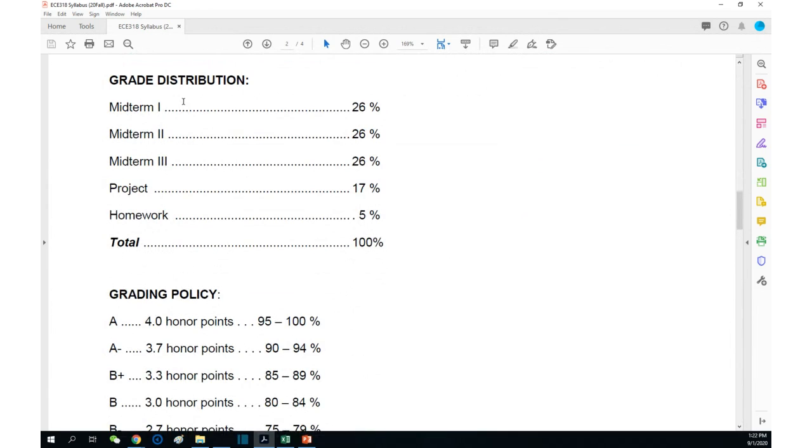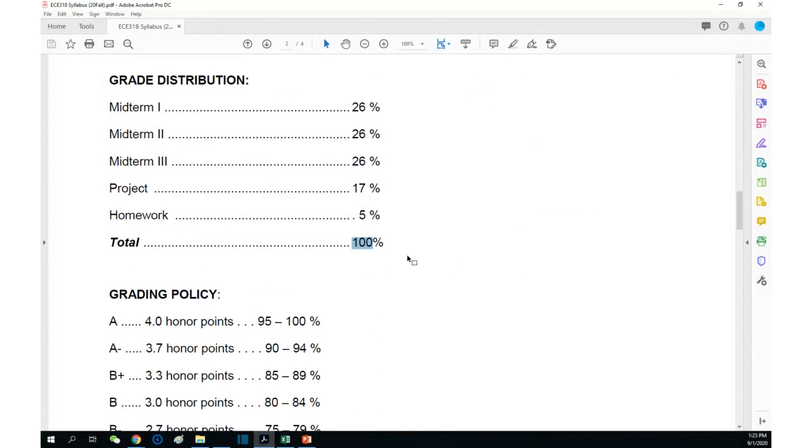The grade distribution, okay, very important. This is obviously maybe the most important information you want to remember. Homework 5%, project 17%. Each exam, we have up to 3, each exam 26. I'm sorry about the tricky number here, but I have to make the total become 100, right? So that I can only do this. Okay, so